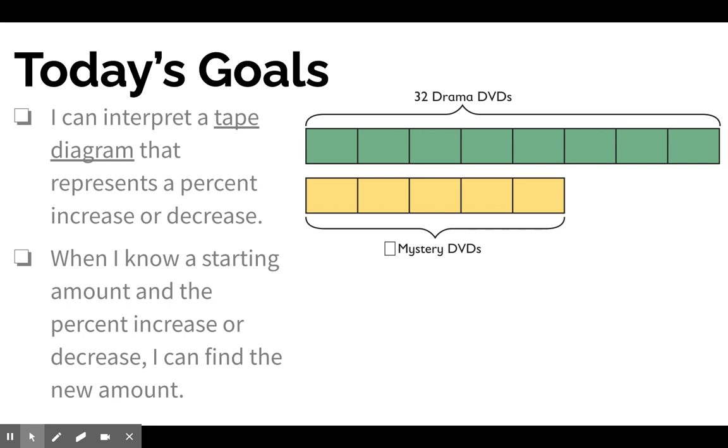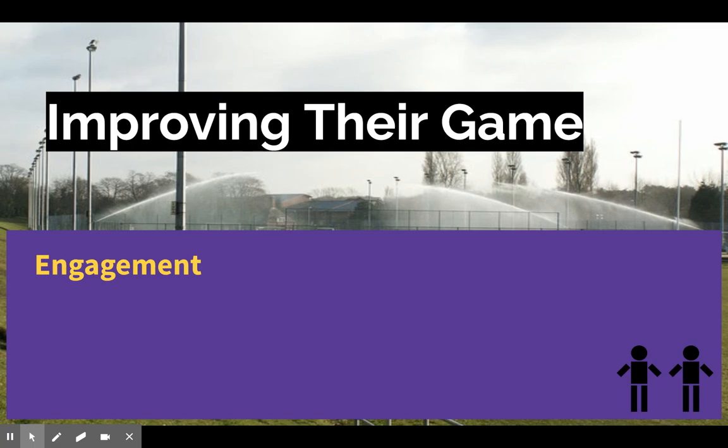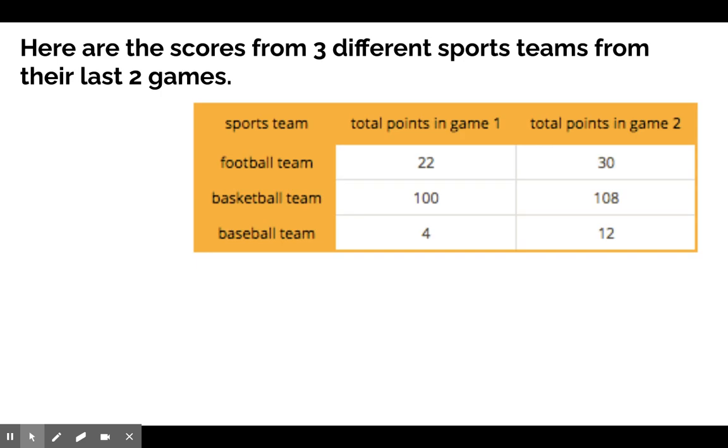We're going to start with our engagement activity, and we're going to work collaboratively on this activity. Our engagement activity is entitled Improving Their Game. It says, here are the scores from 3 different sports teams from their last 2 games. So if you look at the table that we have here,